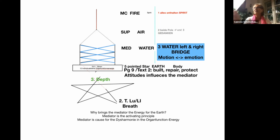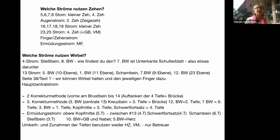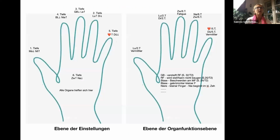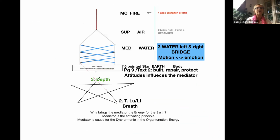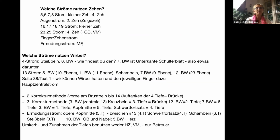And that is what I want to tell you today, that now the mediator flow has a task to bring the energy to the earth. And I did not understand why it is the earth, because when we go to the, I have here the answer sheet, and when we go, no, I have not the answer sheet. When we go,